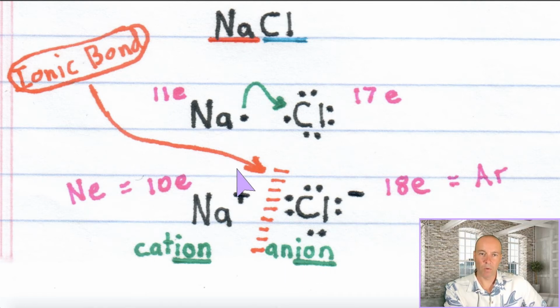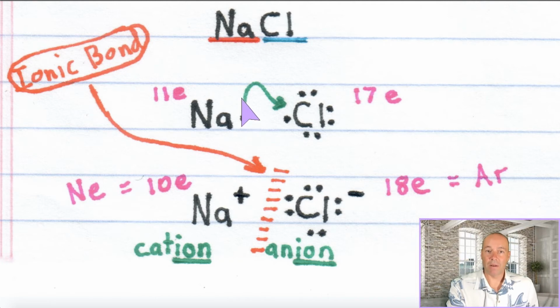So the metals form positive cations, the nonmetals form negative anions. And now we know that opposite charges attract, and that's what holds sodium and chlorine together. Now, in the compound, the sodium is in the form of positive ions and the chlorine negative ions, and opposite charges attract, and that's what holds sodium chloride together. So let's take one more look at that